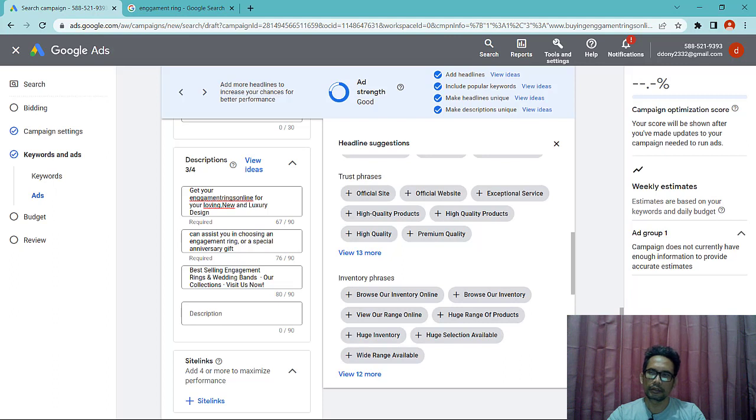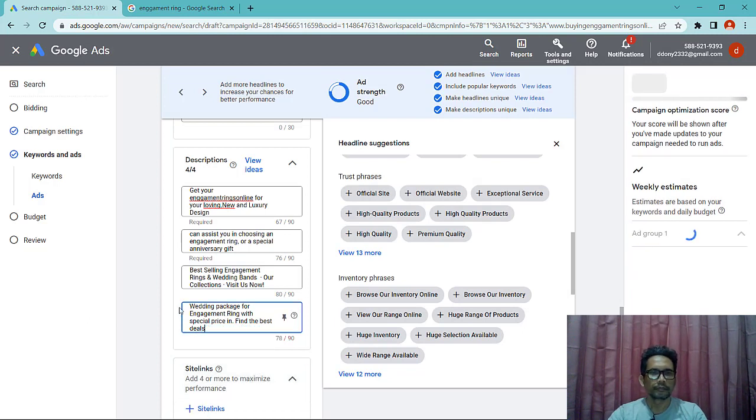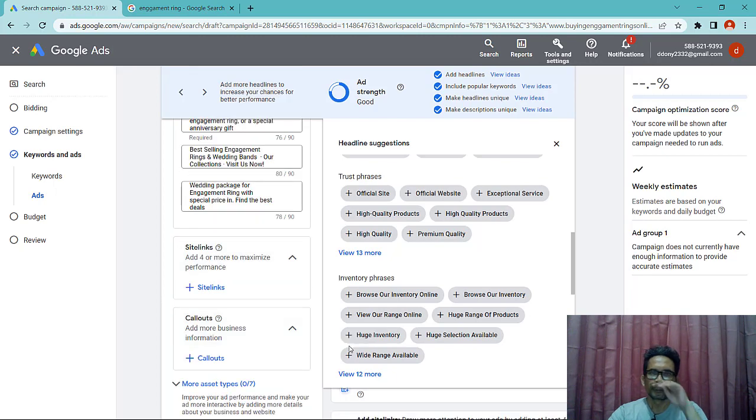Create 8 to 10 headlines, and include your keyword in at least 2 of the headlines.